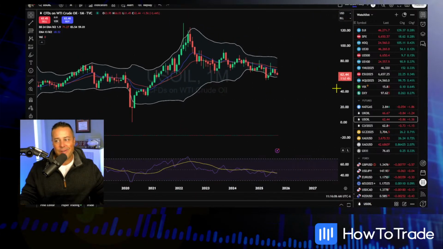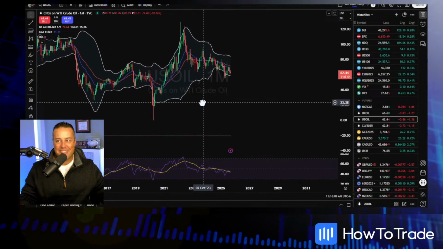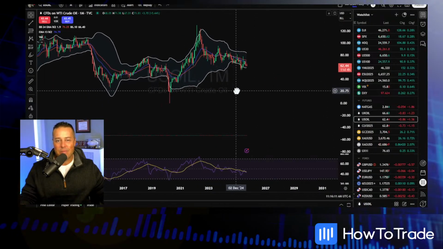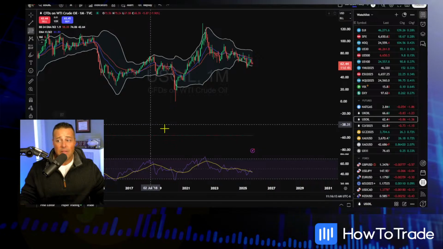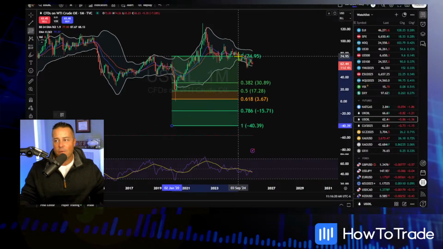This is the chart. You're not going to find this on CNBC or anywhere. I'm proud of this chart. I should have it trademarked because nobody else does it. They don't do their analysis like this. The COVID low of WTI crude oil was what? It wasn't zero. It's about negative $40 a barrel.